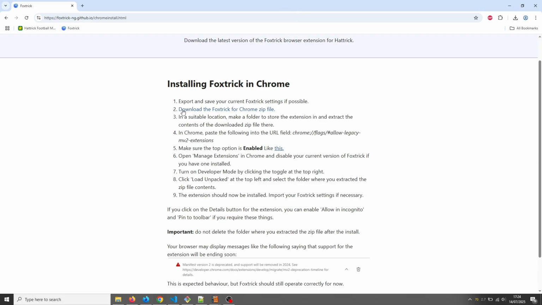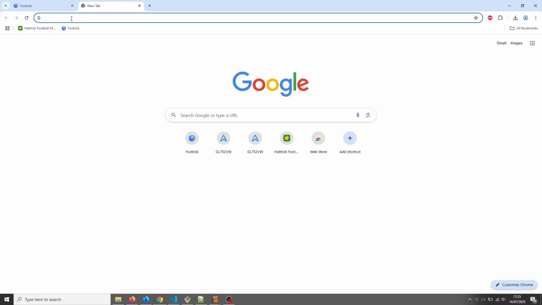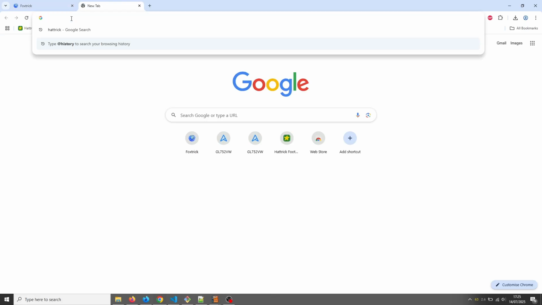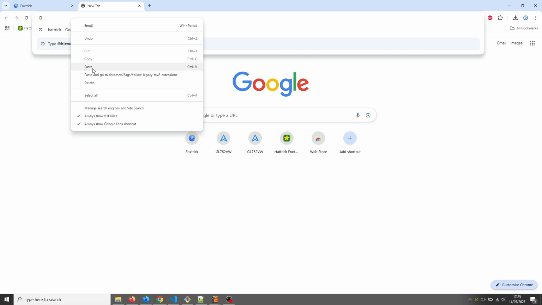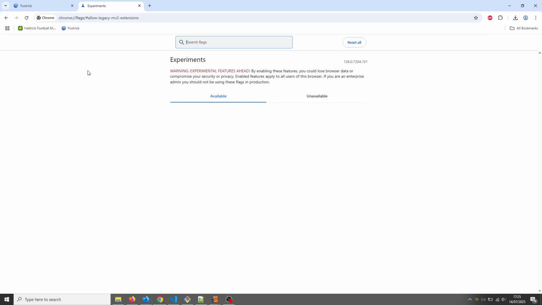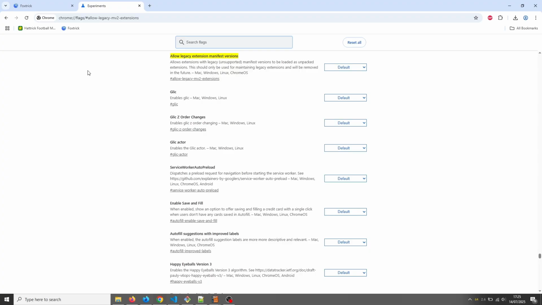In Chrome, we're in Chrome, paste the following into the URL field. So let's highlight that, copy it. I'm going to make a new tab for this, and let's paste that in. Okay, we've done that.